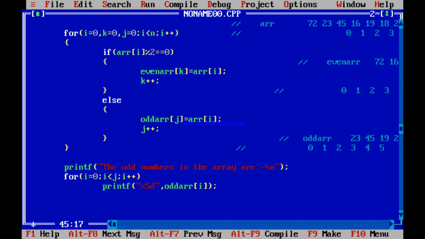Then you will need to print what? You will need to print the even numbers. Printf, you need a \n to go to the new line, because here you are not taking it to a new line. You are printing in the same line. So for the next line, printf \n first. The even numbers in the array are.